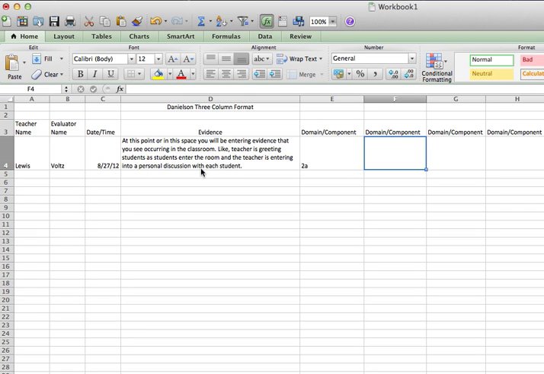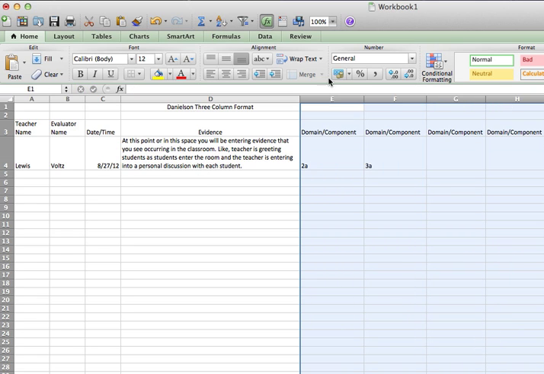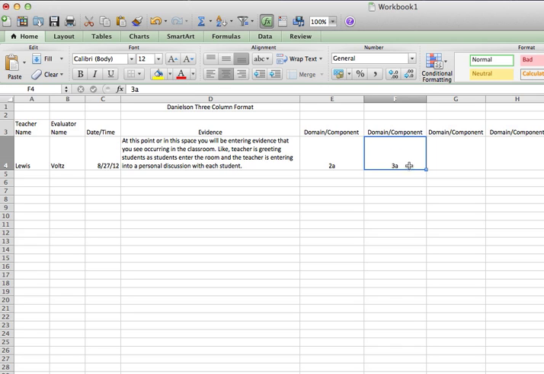Now, this also may be, in addition to 2A, maybe the teacher at the same time was handing out instructions for the students to do when they got to their seat. So that might be a 3A as well. What you also can do is take these columns and end up centering. So this would be a way you would be entering evidence into